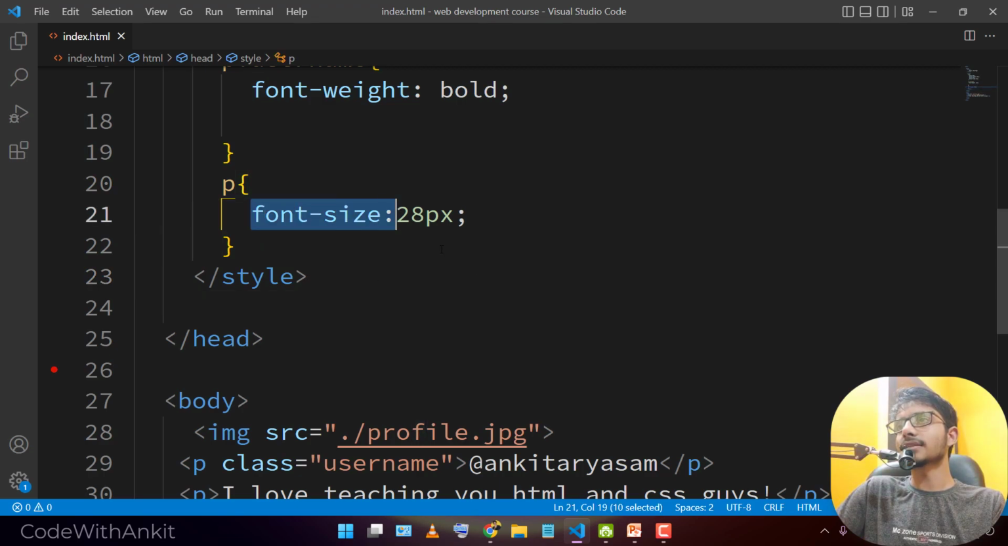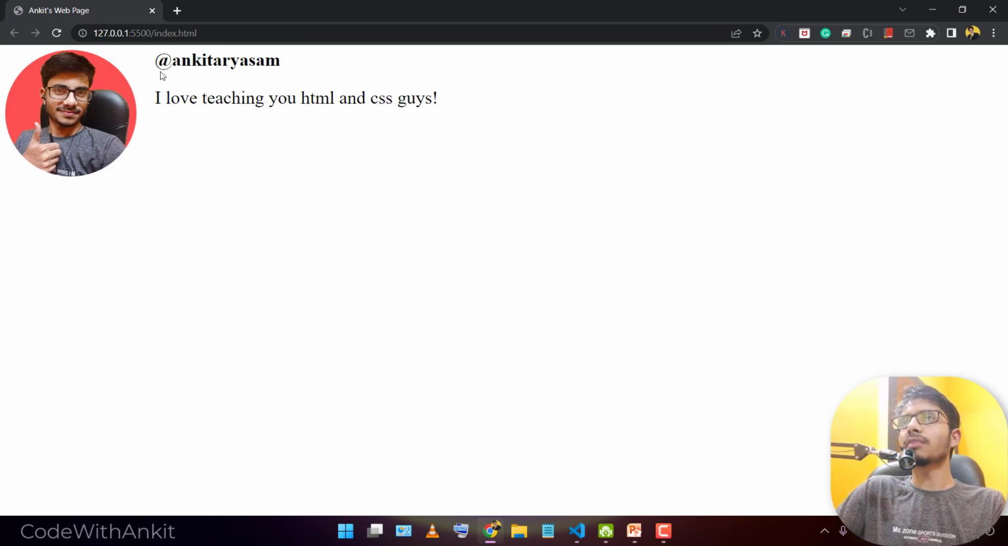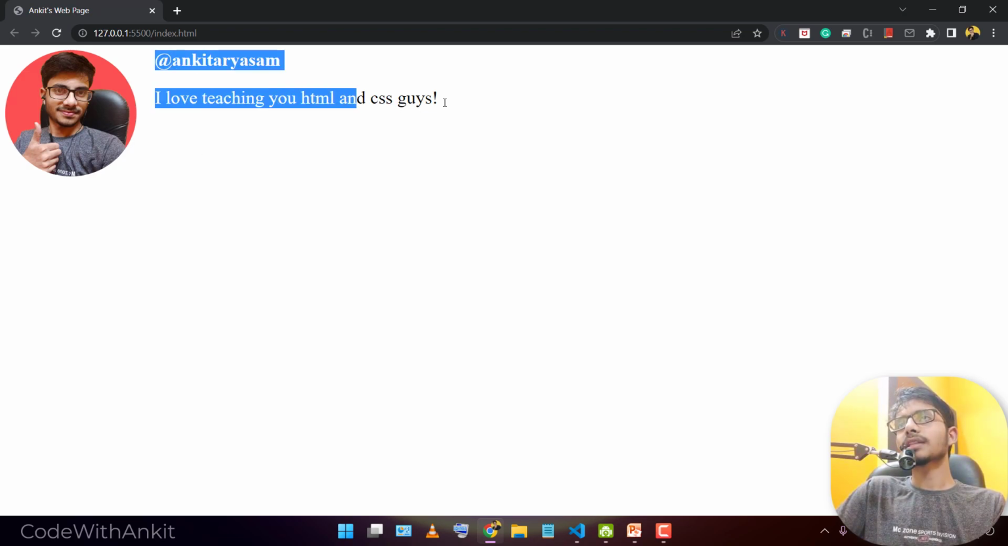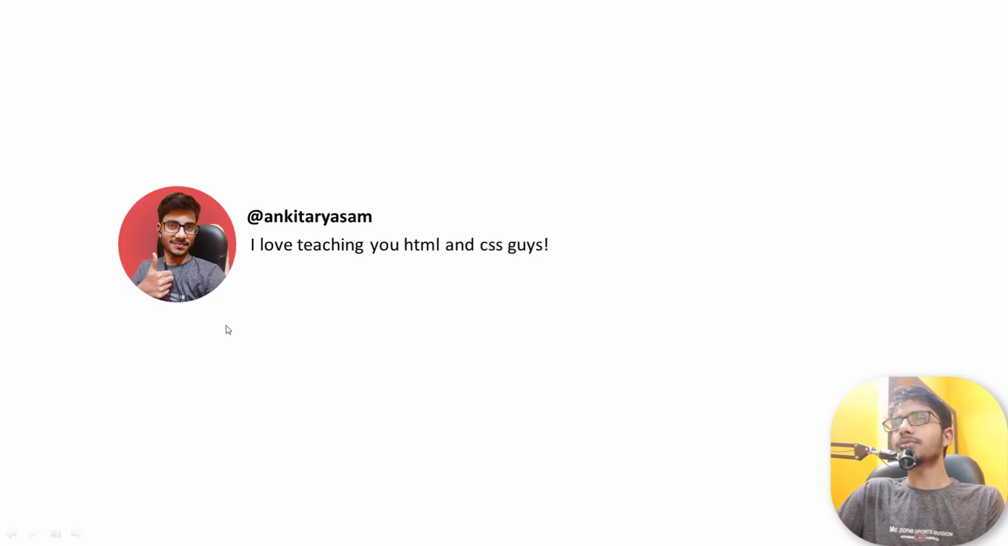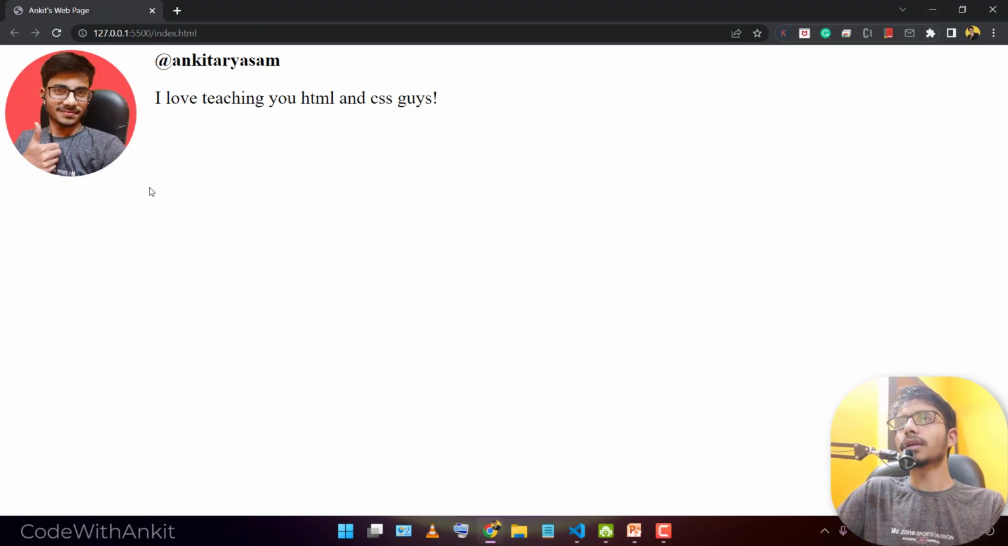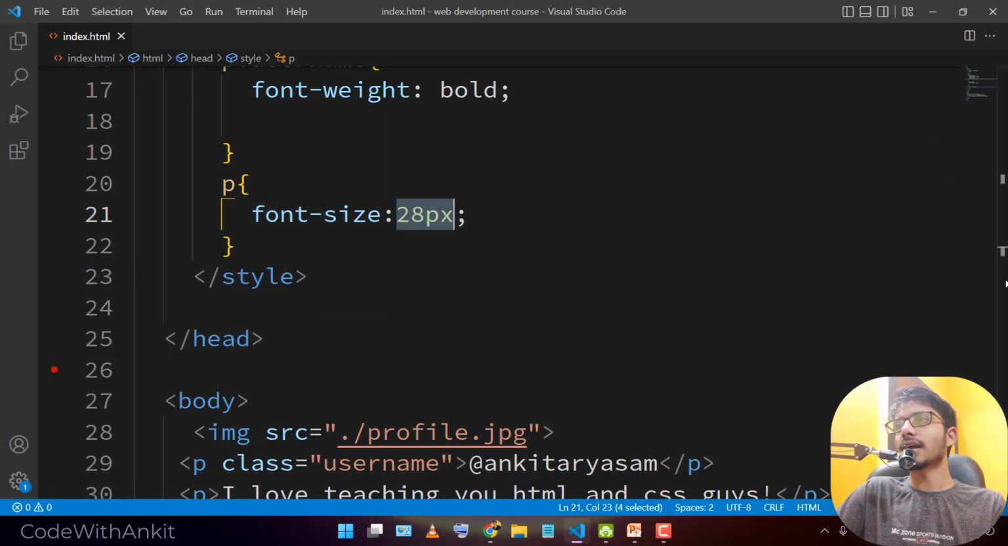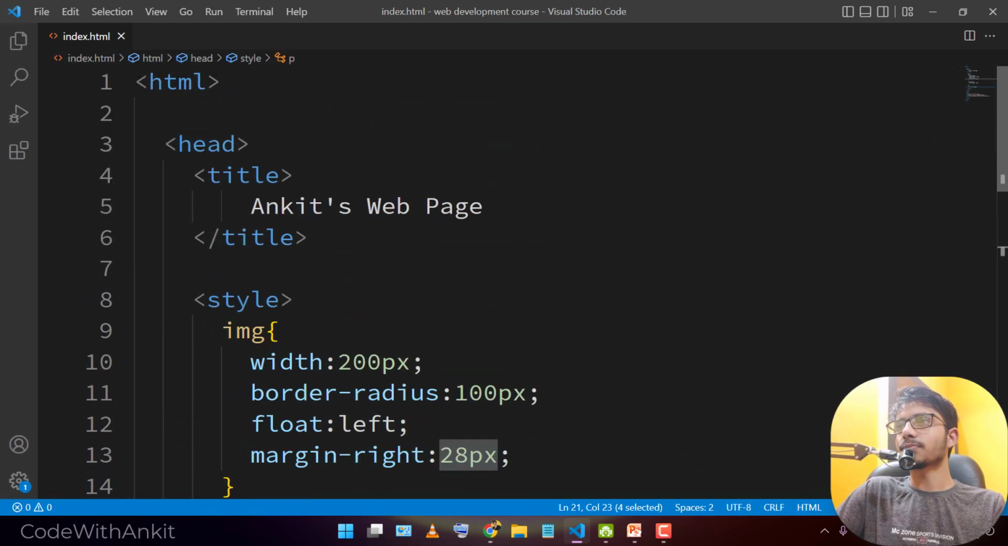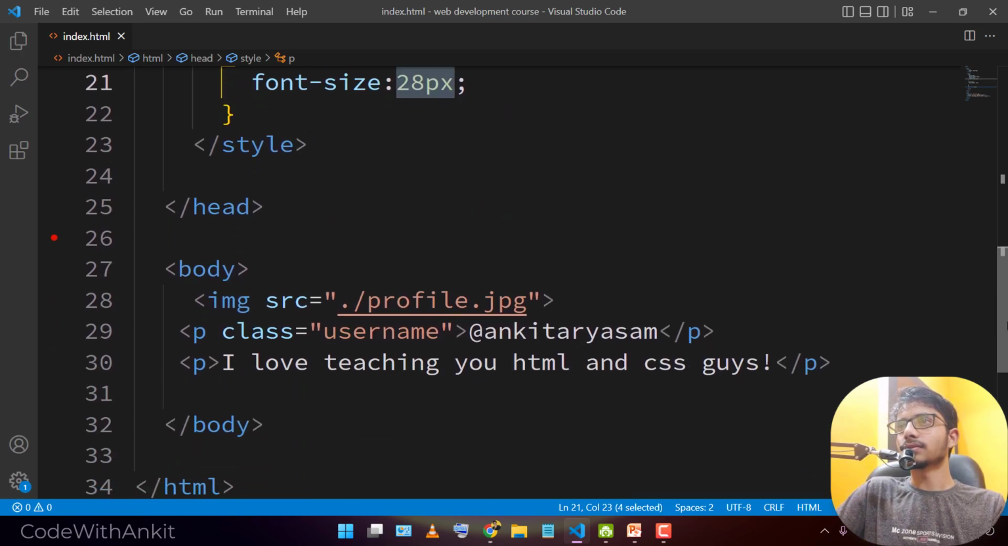And font dash size, what is the size of that font? 28 pixel is applied to all the paragraphs. So this is also a paragraph, this is also a paragraph, and the size is increased. So now see, we have achieved similarly like this here, okay, like this here. So this is the very first CSS that I have just explained you here, okay. So yes,